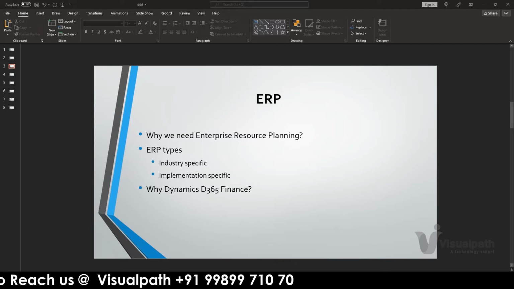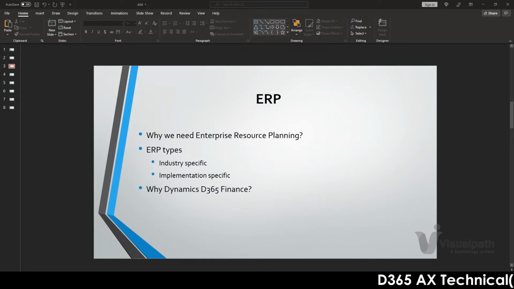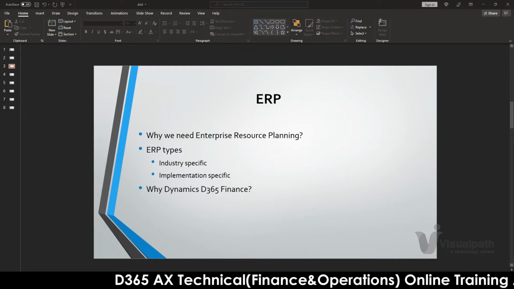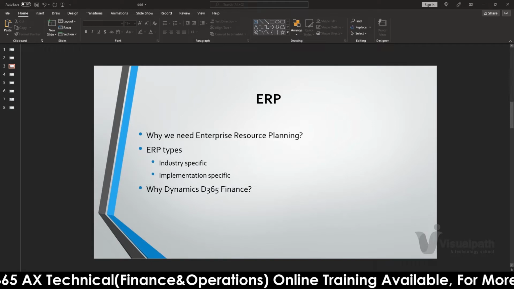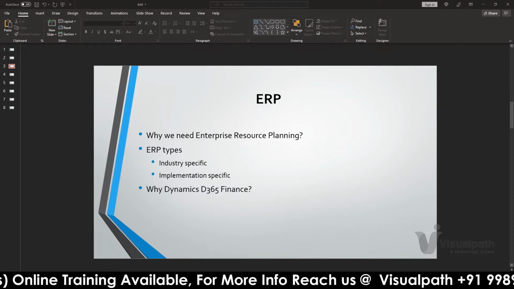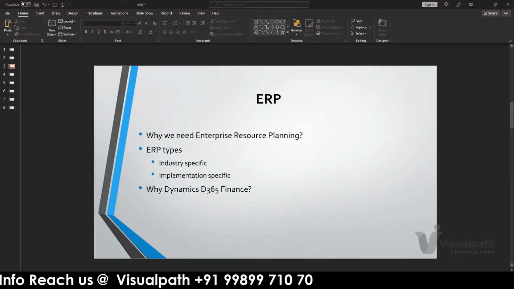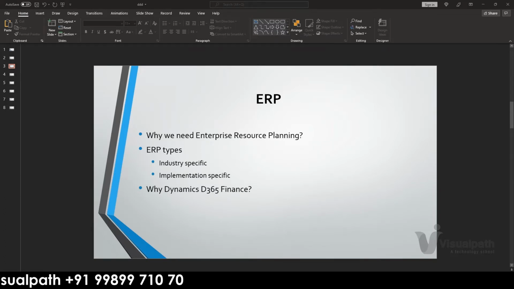And also, Microsoft has its own umbrella of products: one is F&O, and the other one is called Business Central, which we call BC. That will be used based on the scale of the industry the business is in.